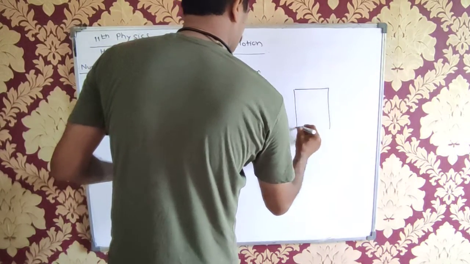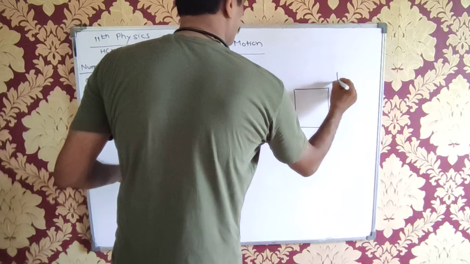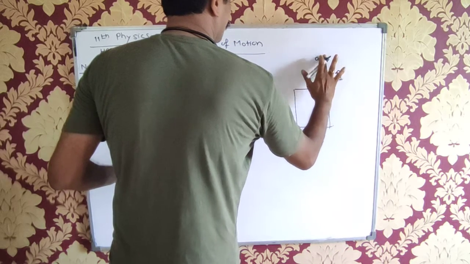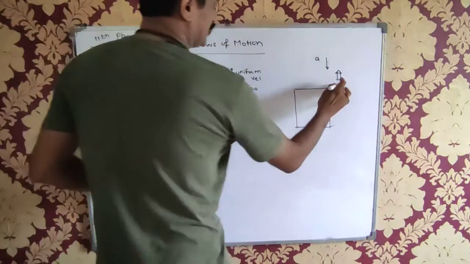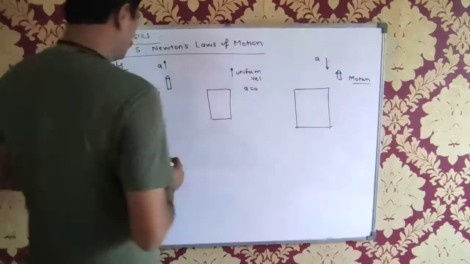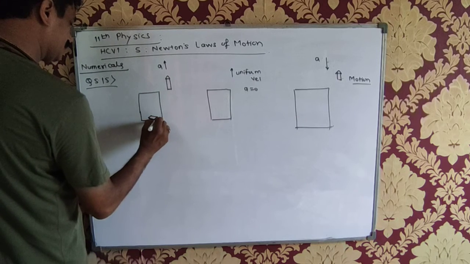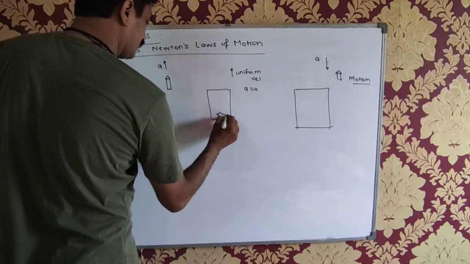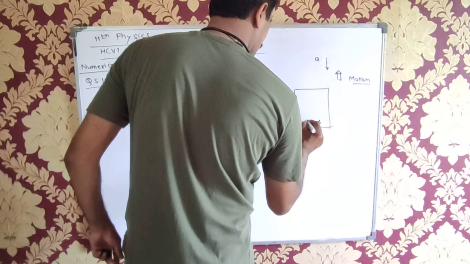And in the third part, they say it is moving upwards, of course. This is the motion. But the acceleration is downwards. That means acceleration is negative there. Understand? It is a deceleration. Motion is upwards, but there is a deceleration. Now clearly we know that this is the weighing machine on which the person is standing, in all the three cases we have shown here.